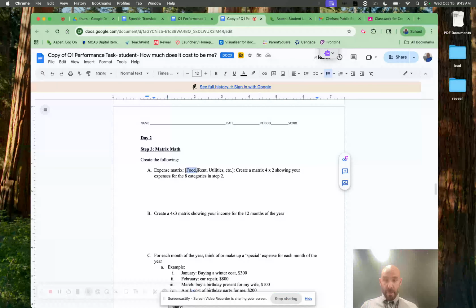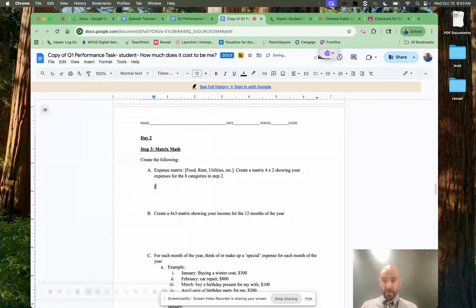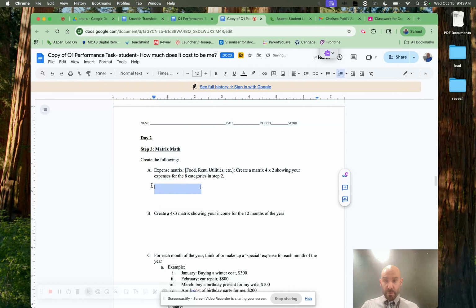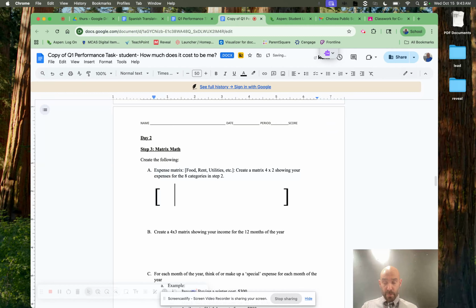Alright, so I need to make a matrix, a 4x2 matrix. So one way to do this, you can either put in, I can do this. Make these nice and big. Okay, and then